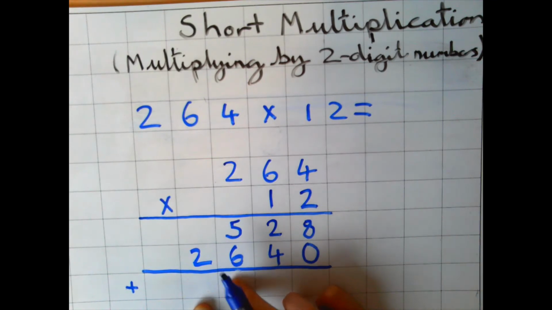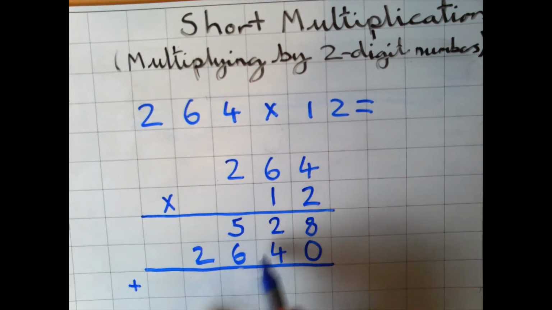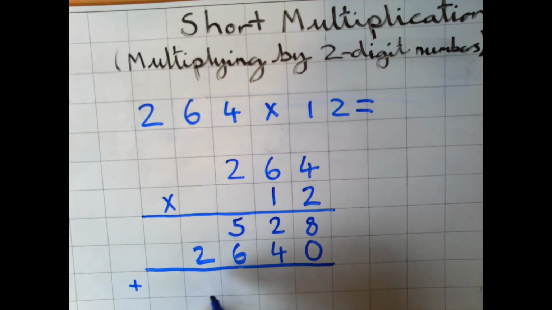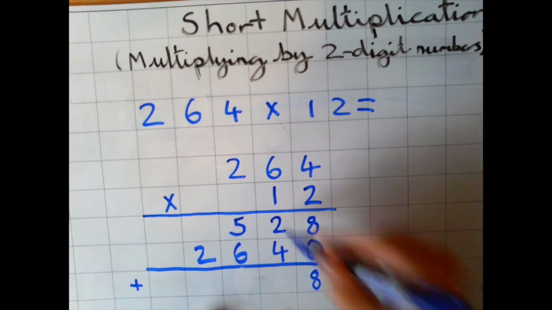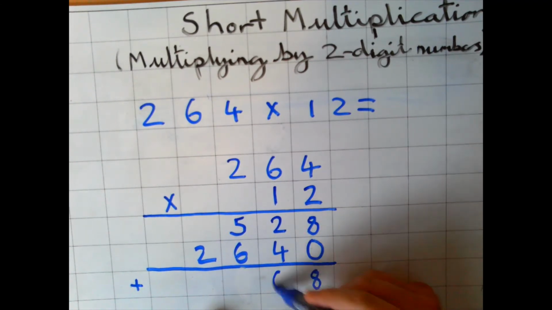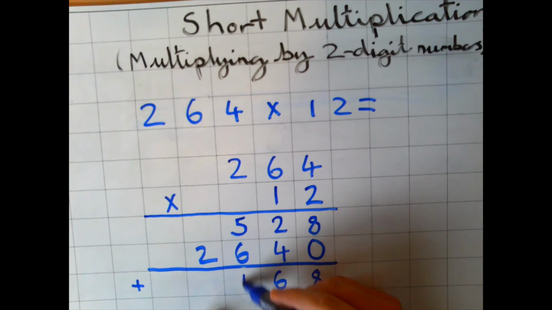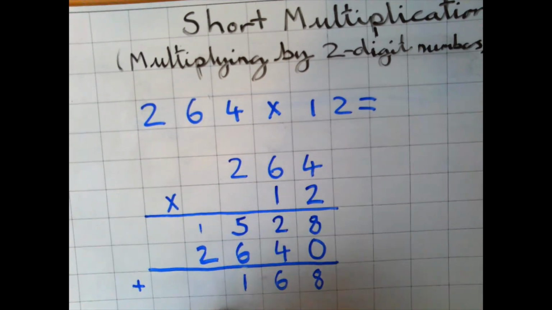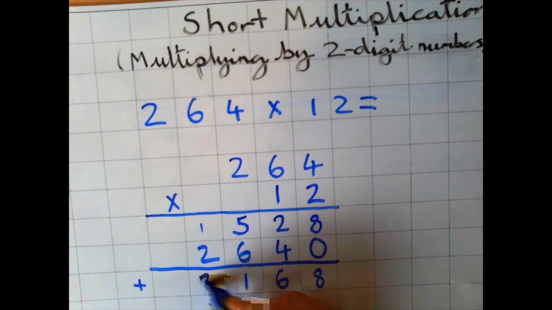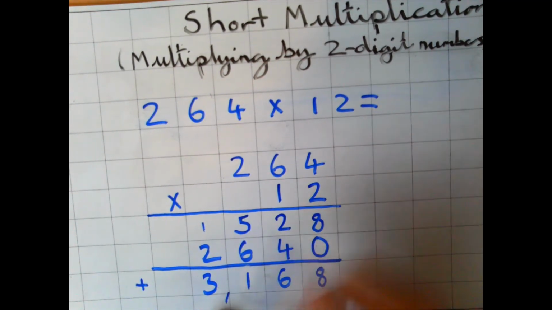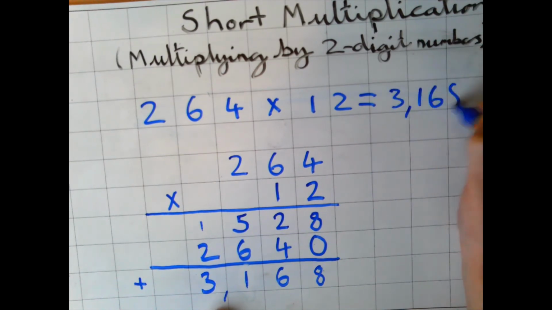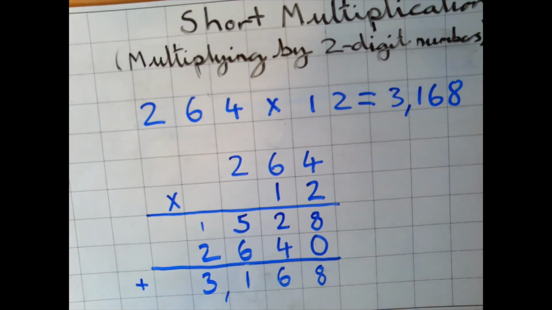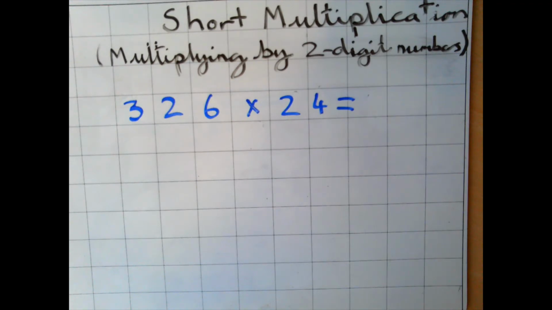Now it's your turn to have a go at short multiplication, where you're multiplying by two-digit numbers. Here's another calculation, 326 multiplied by 24. We're going to set it out the same,